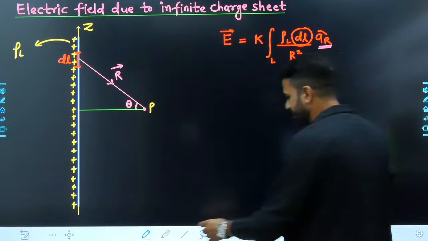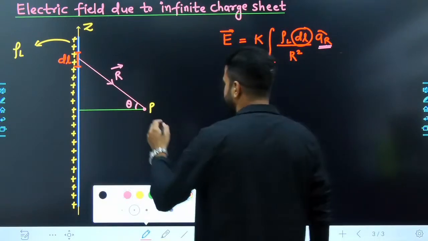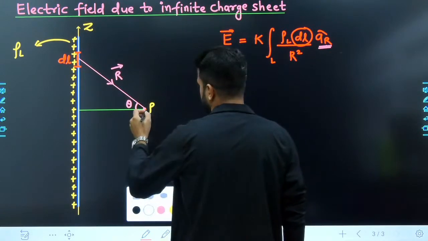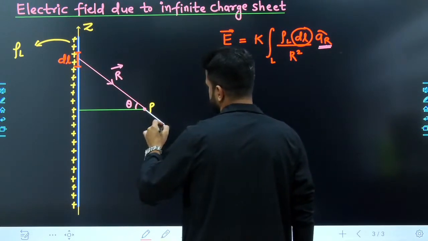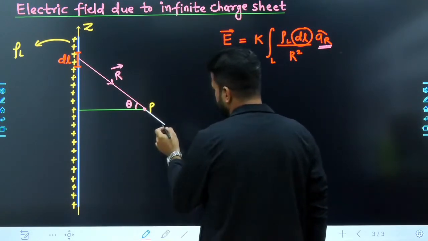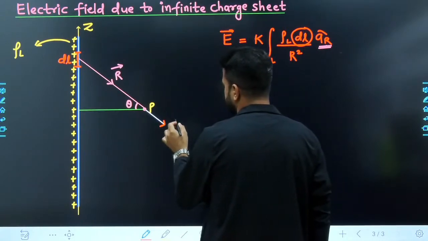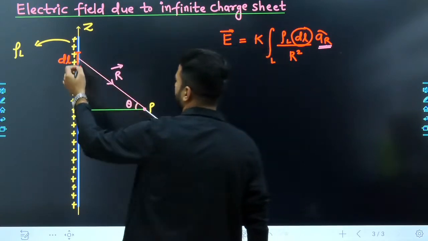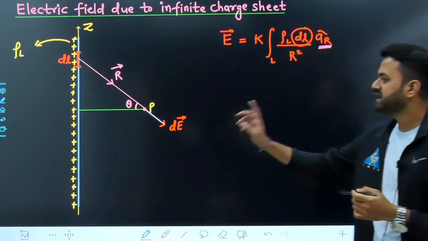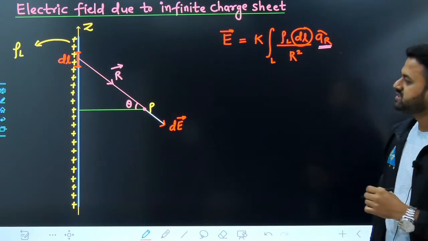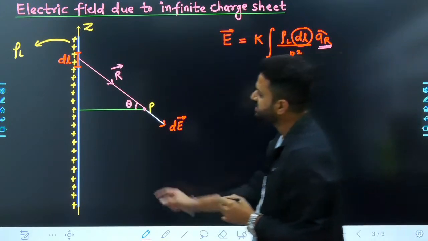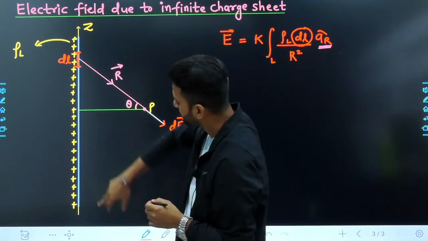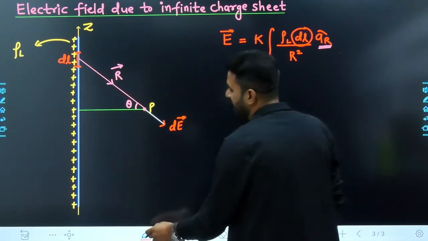So we are joining the line in this direction. We are joining the line in this direction. So that means the electric field will be in this direction because of that small length. Because of that small length, the electric field direction will be in this direction. Similarly, if I take the small length just below this point, at the same distance,